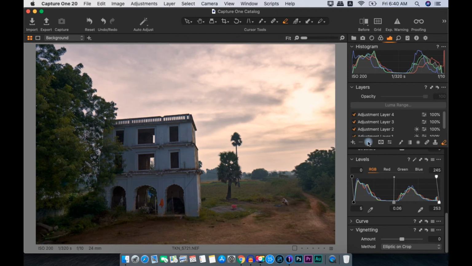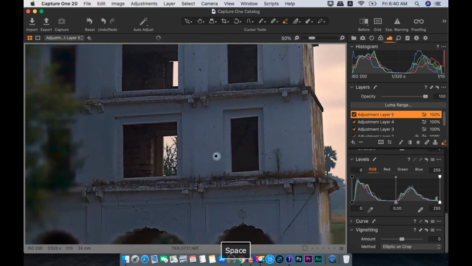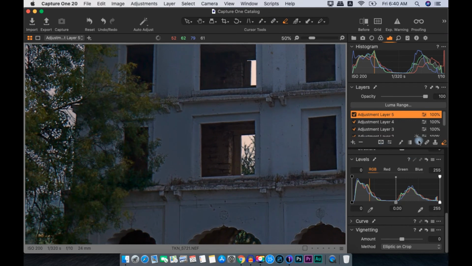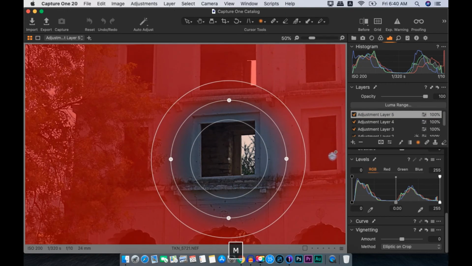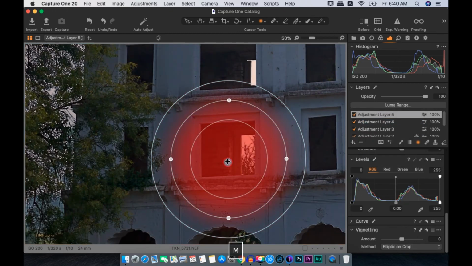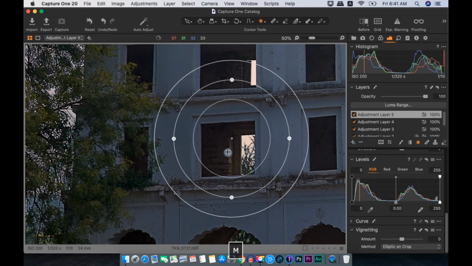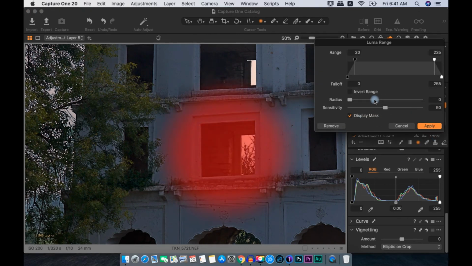You can further enhance this area because you can see the sun coming through that window. So let's take one more adjustment layer. This time we will take a radial circle, use selection, hit M, right click, invert the mask, go to Luma range once again, and